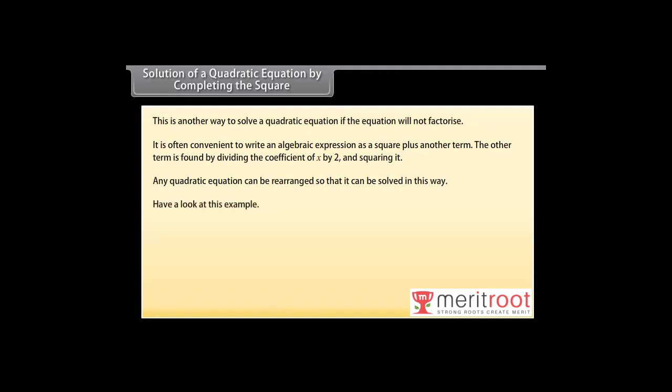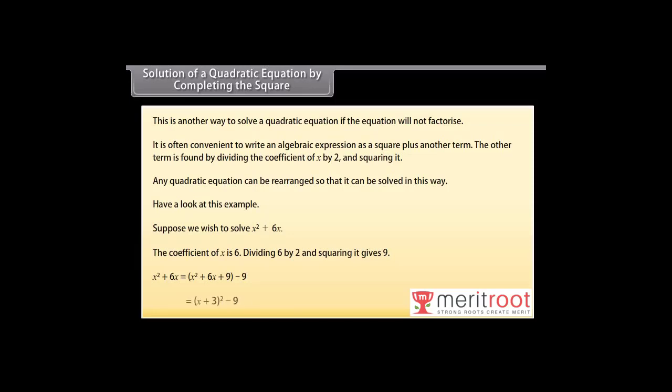Have a look at this example. Rewrite x square plus 6x as a square plus another term. The coefficient of x is 6. Dividing 6 by 2 and squaring it gives 9. x square plus 6x is equal to x square plus 6x plus 9 minus 9, which equals (x plus 3) whole